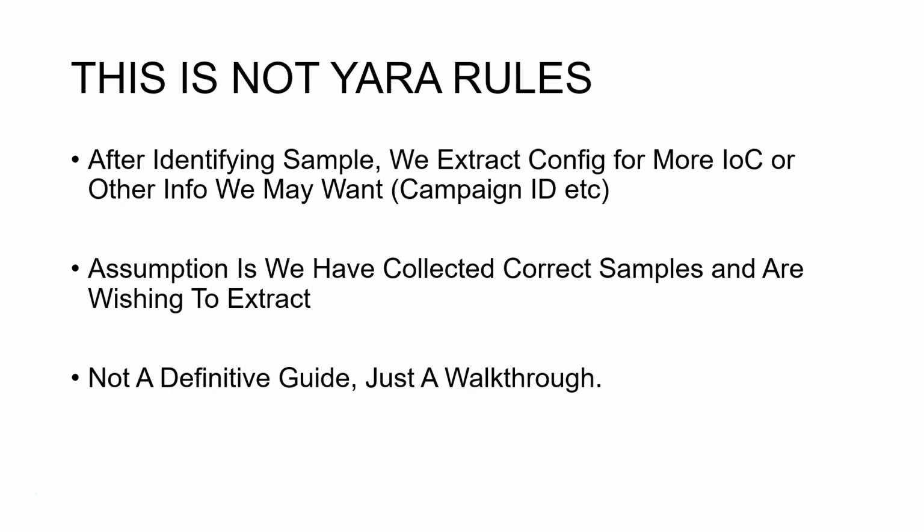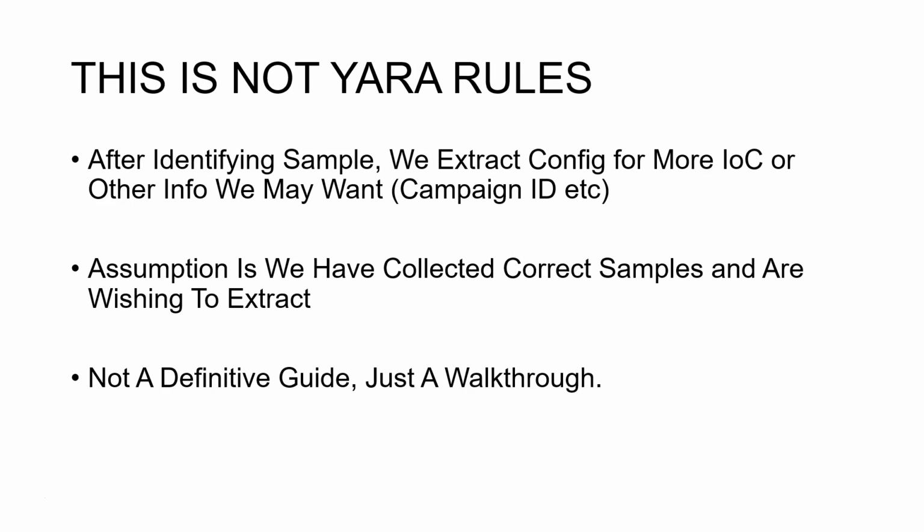The reason for doing this first is we want to make sure that we got the right variant and we want to get the right malware, because we might have malware configs that are de-obfuscated or decoded in certain ways which we've missed that we need to identify, and sometimes they might be different malware but they're very similar. So we absolutely want to identify the right samples before we extract configs. We don't want to do it willy-nilly and try and extract out of just all of the samples that we have and hope that we get just blind ones, because that's just going to be ineffective.